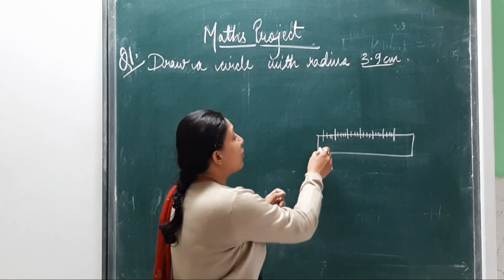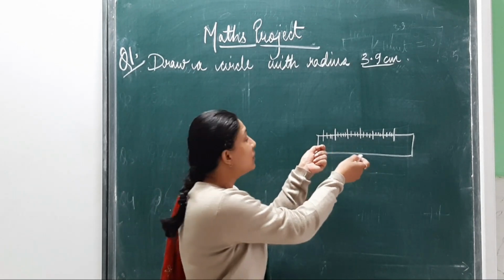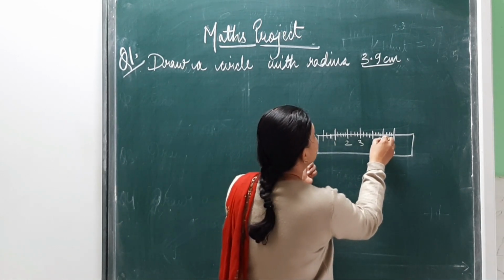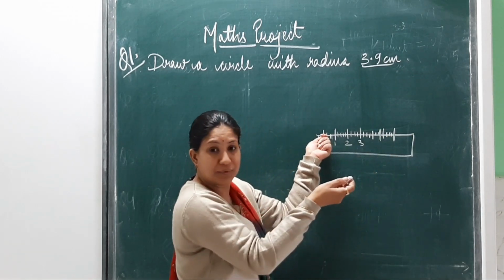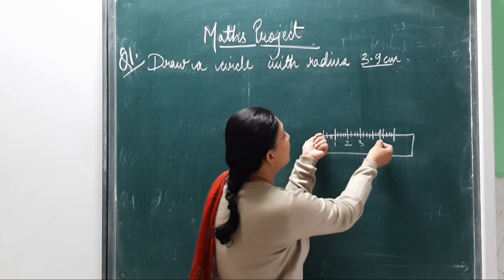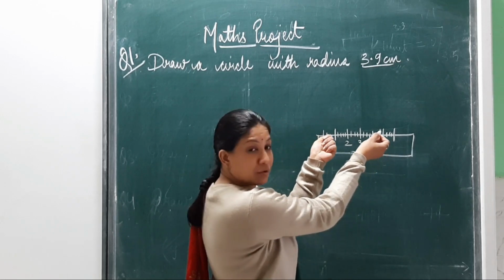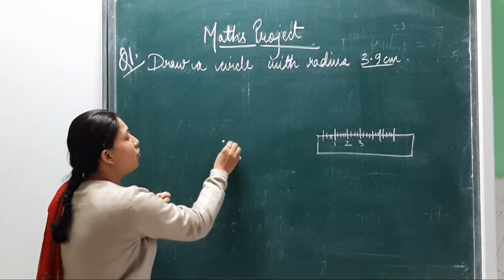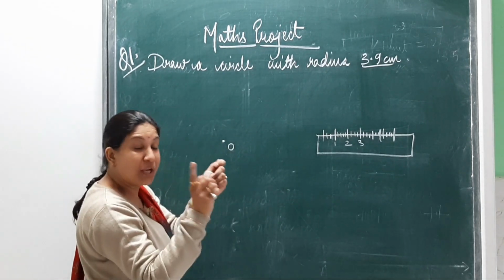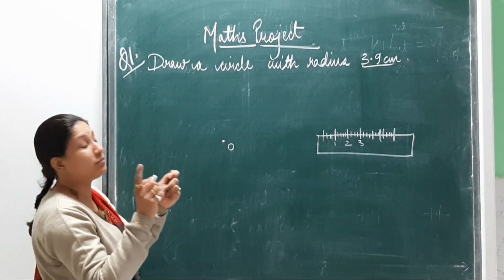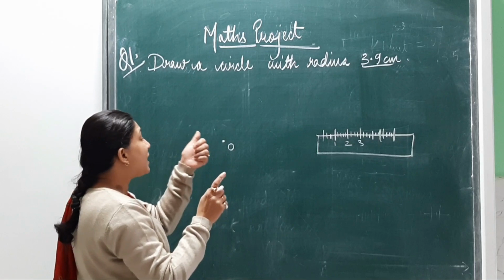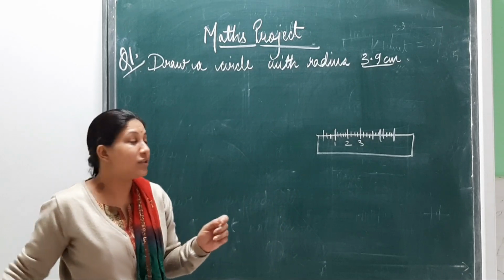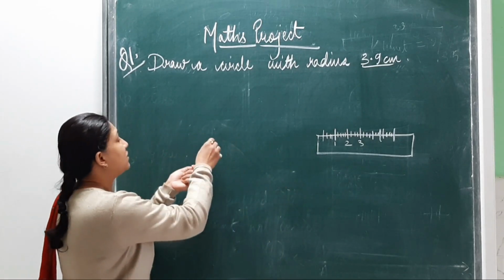Screw it tight. Now place the compass over this ruler, and like here you have 1, 2, 3, somewhere you will have 3.9. Bring your compass needle and the pencil point to 3.9. Measure this radius on the compass. You mark a point O and, without changing the measurement, place the needle at this point. You can mark this later, or if you don't want to, let it be, but don't change. Once you have measured, directly bring it here.